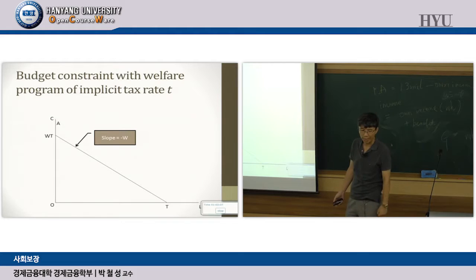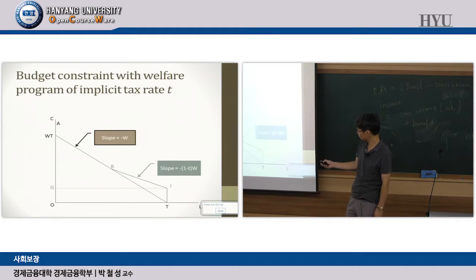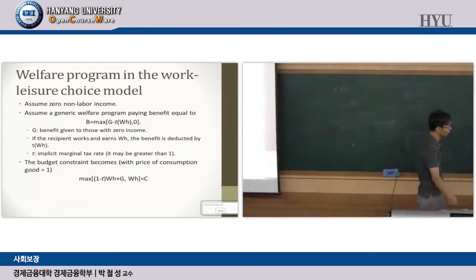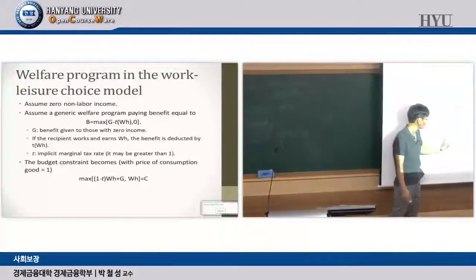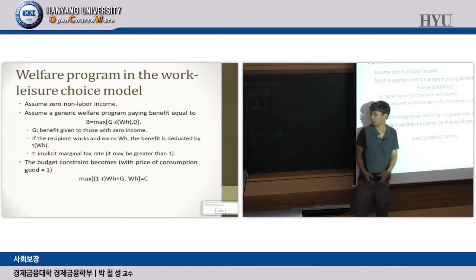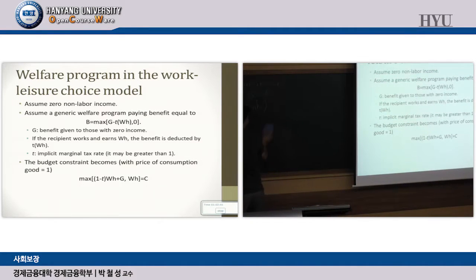So if you use a diagram to show that, it's actually pretty simple. First, if you have no income, you're on your own, you get G. Okay, so that's one. And then if you have your own income, the slope, look at the slope, is minus (1 minus T) W. How do you look at it? Just think of the budget line. This is the equation for the budget line. Okay? So the equation for the budget line is just